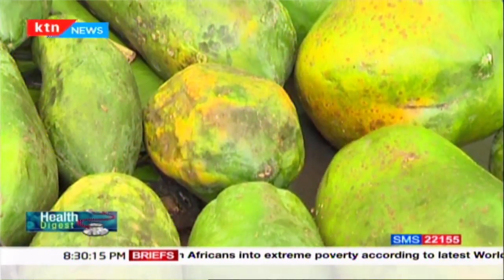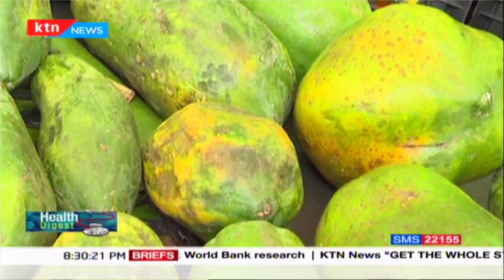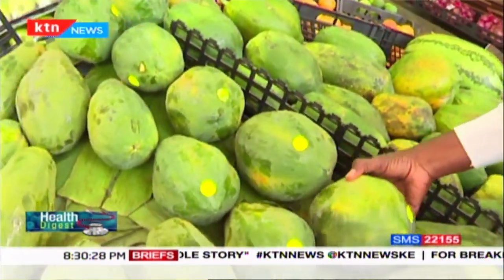We have also what is common also in the market that most people want to start giving their infants. So we have common pawpaw, so depending on the size, and they have different varieties and all that. So pawpaws will also work best because they're orange in color, meaning they're also rich in vitamin A. So always eaten ripe. Before you give your infant, always taste so that you know the taste, because some of them will come with a sharp and blunt taste. So look at what is good and what is on season that will